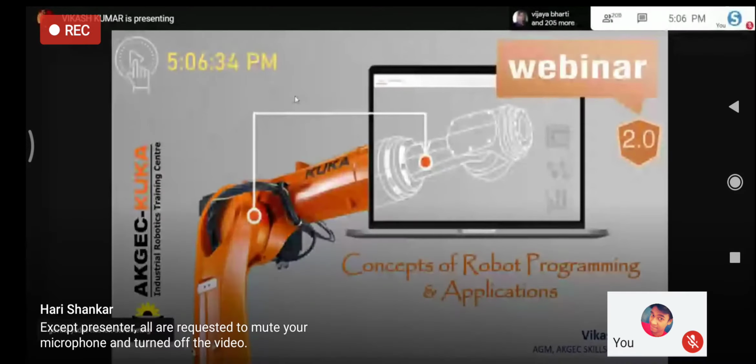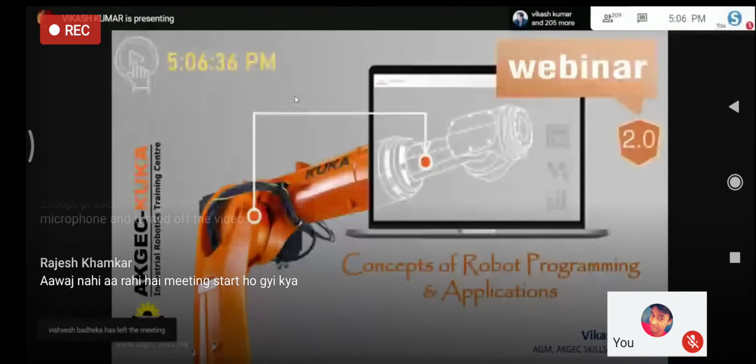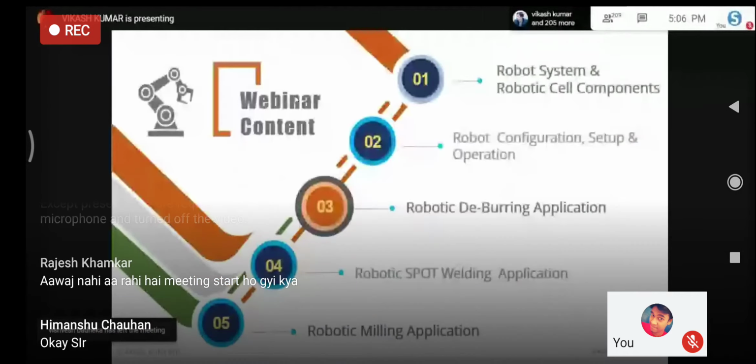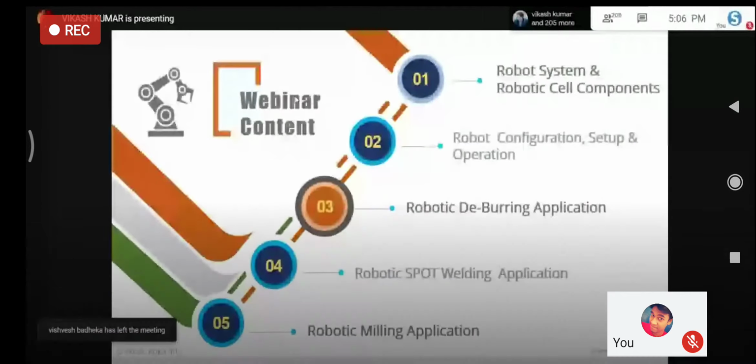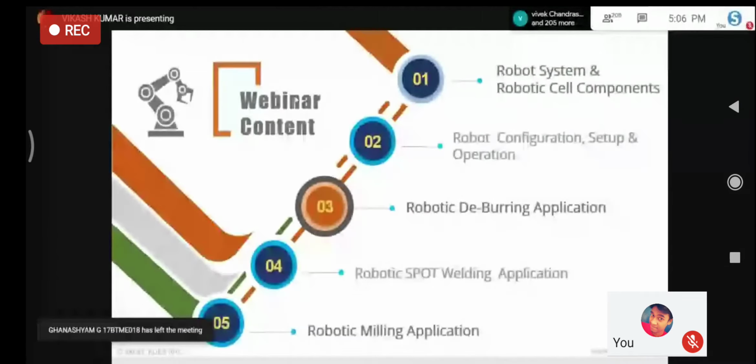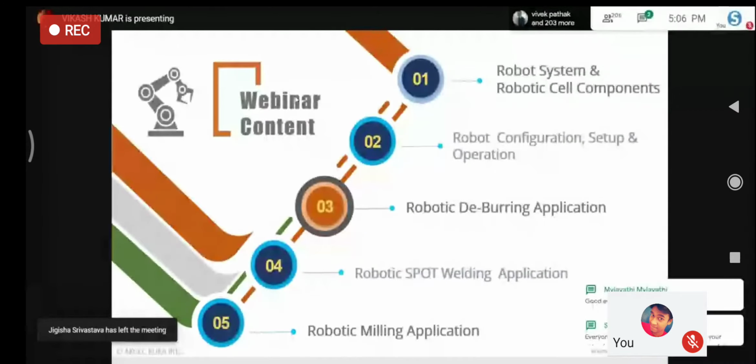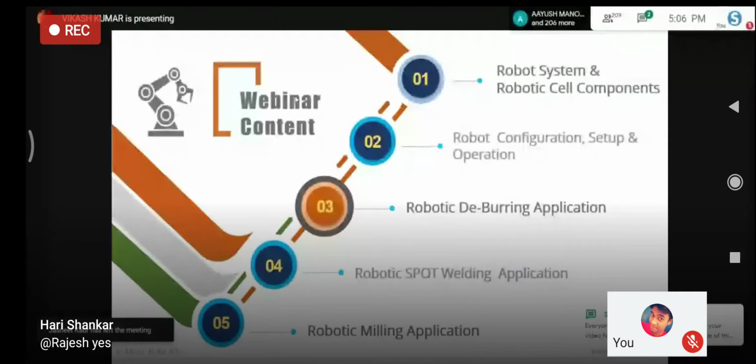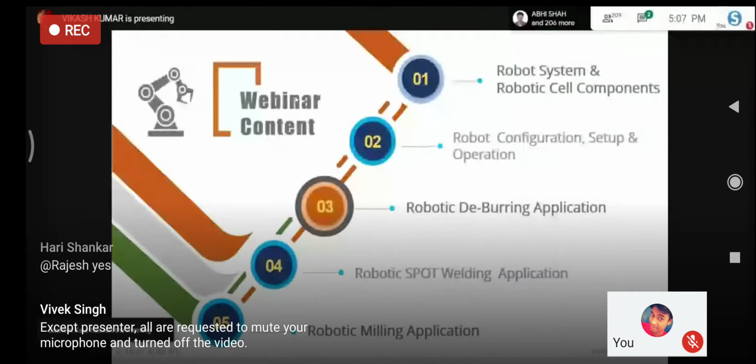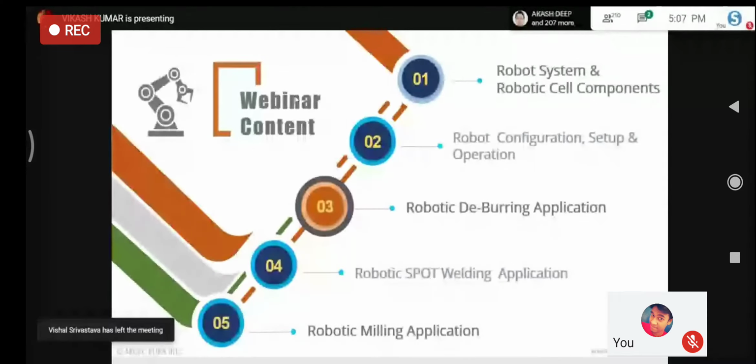The content set for this webinar is related to robotic system and cell component. Here we will try to cover what is a robotic system and what are the essential components to build any application. Then we switch to robotic configuration, in which we mainly focus on how to make yourself ready for any application.